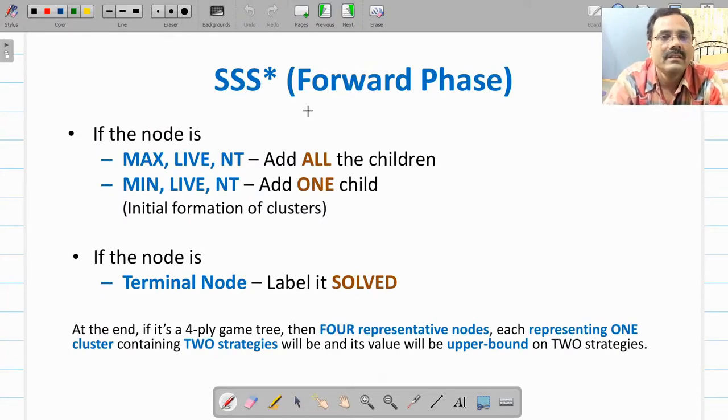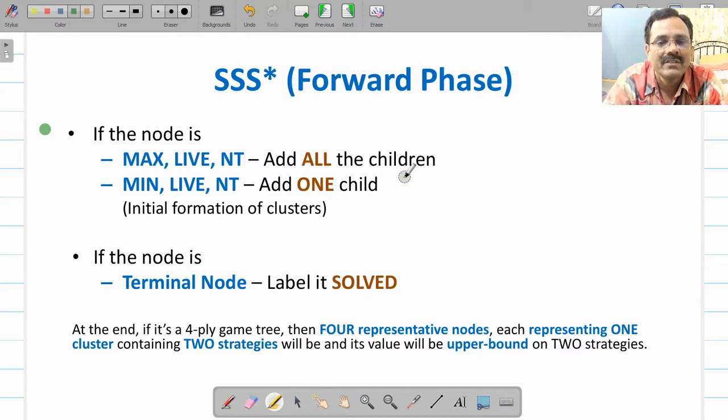So let us see forward phase of SSS star algorithm. In forward phase you are going to start with root node, and if it's a max, and if the node is live, and if it is non-terminal, as that will be a case initially, then you are going to add all children. So first step that you are doing, that you are selecting minimum number of nodes which will cover all strategies.